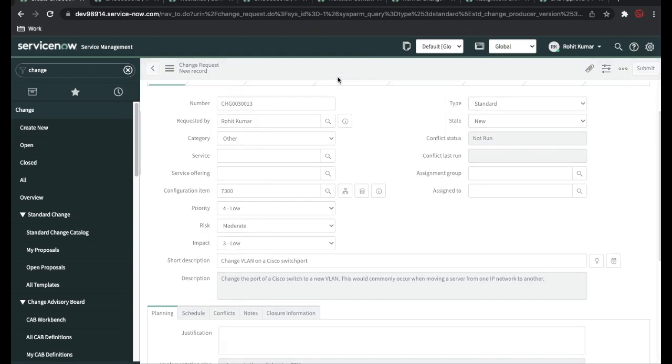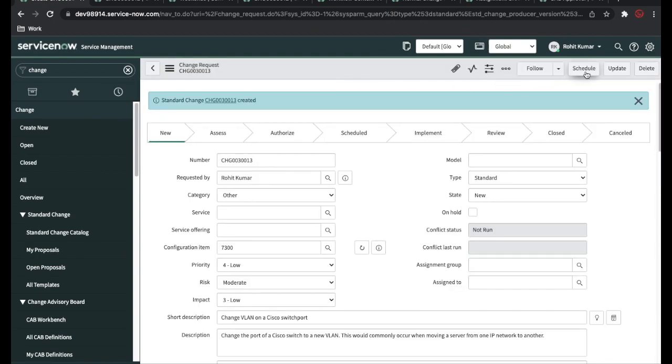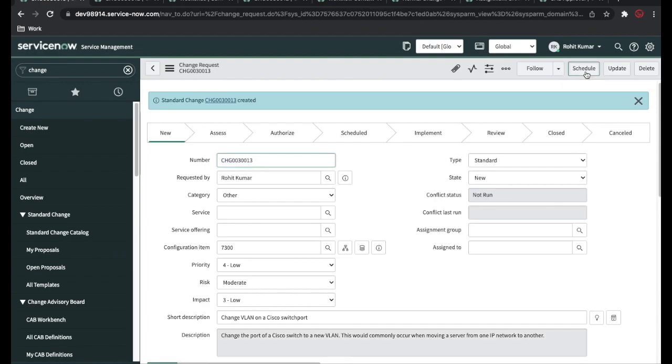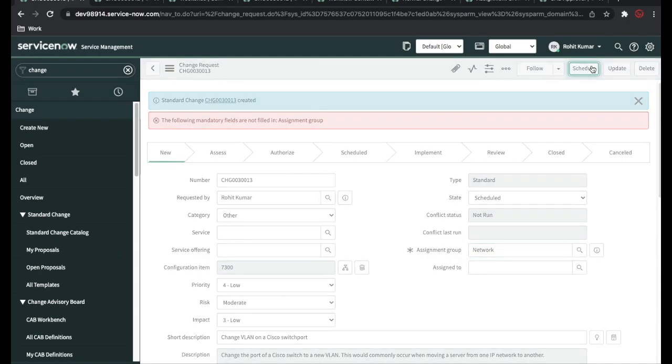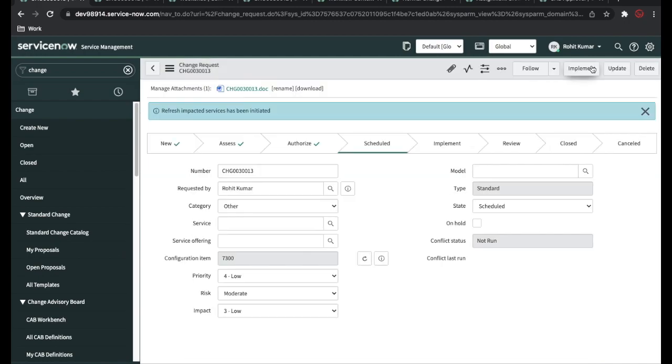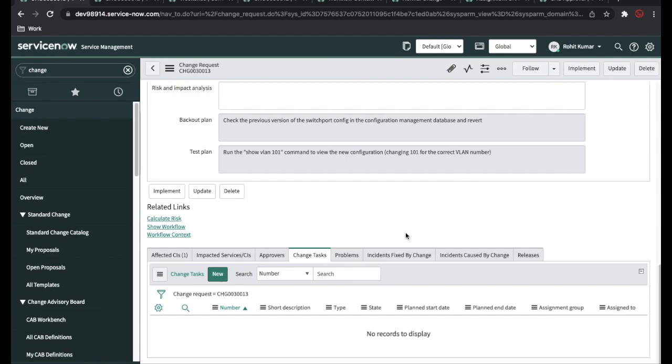and save that. As we discussed earlier, a standard change does not need any approval, so there is no request for approval button. It directly has a schedule button. Once you click the schedule button, all the access and authorized steps will be skipped. There won't be any approval. It will go to the schedule step, and from there, it will follow the standard